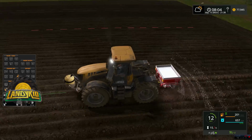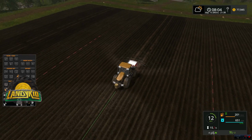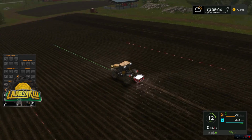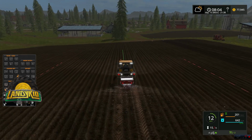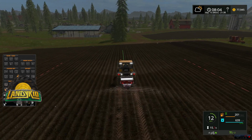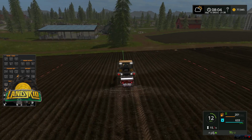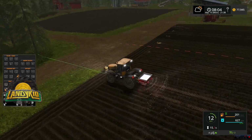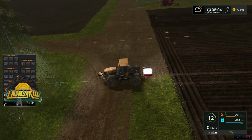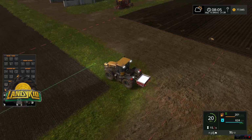Oh, did I miss a row? I missed 2 rows. Oops. Oh, that's right, it's only 12 meters, I forgot. Some of you were asking why I have only got a 12 meter spreader. Not necessarily when I'm doing it like this, but when I did it earlier in the week, or weekend, this 12 meter spreader with the 12 meter weeder is the best way to go when...